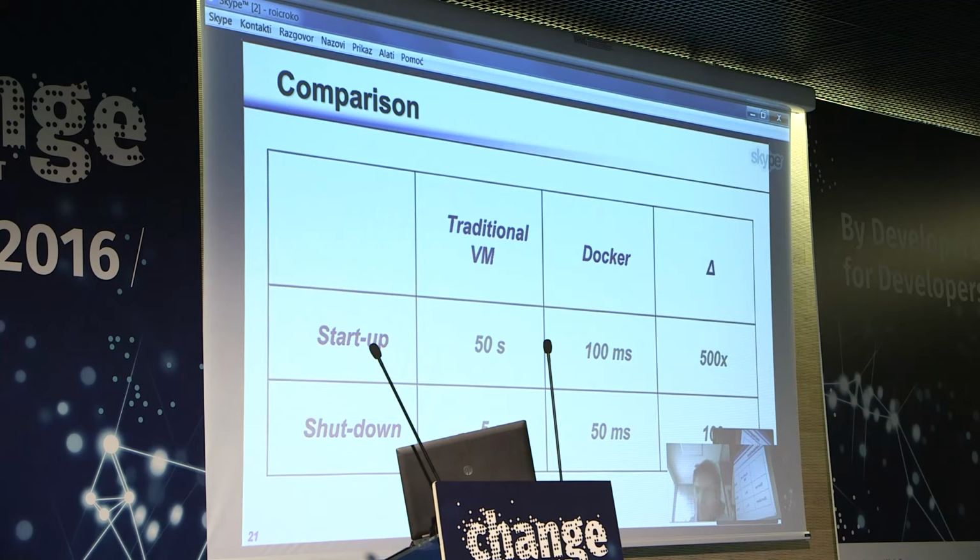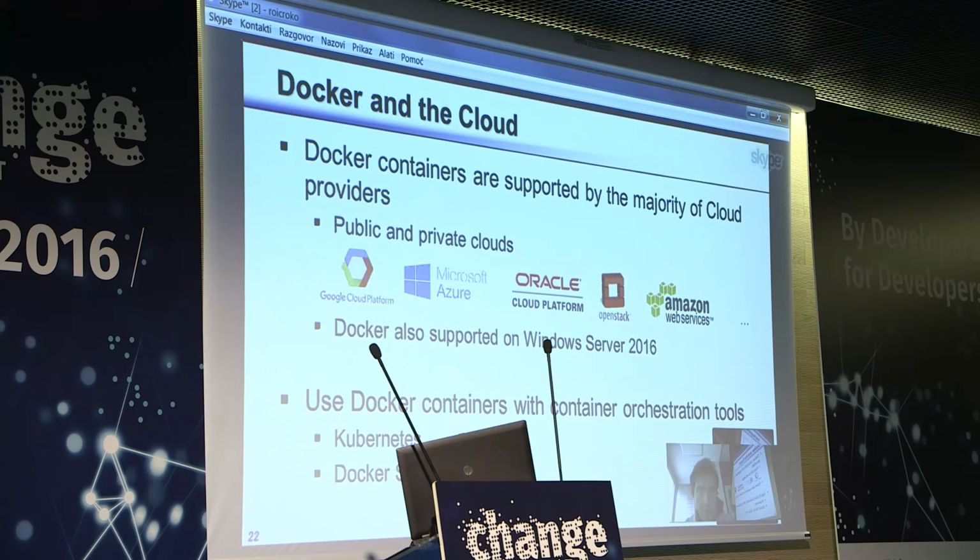So what I'm basically trying to say is that now imagine a world where you have your software built out of microservices. Those microservices are deployed to Docker containers, and those Docker containers are then deployed to a specific cloud or platform as a service, which basically instantiates or removes as many instances of Docker containers as needed. And we all know that Docker containers are today supported by the majority of cloud providers. Also, you probably know that Docker support has been announced on Windows Server 2016, which has been published just a few weeks ago.